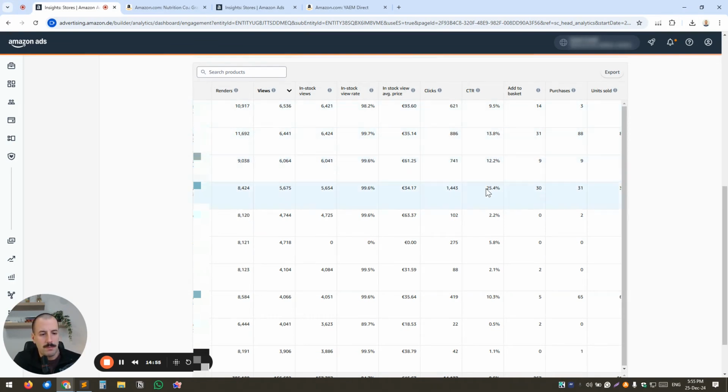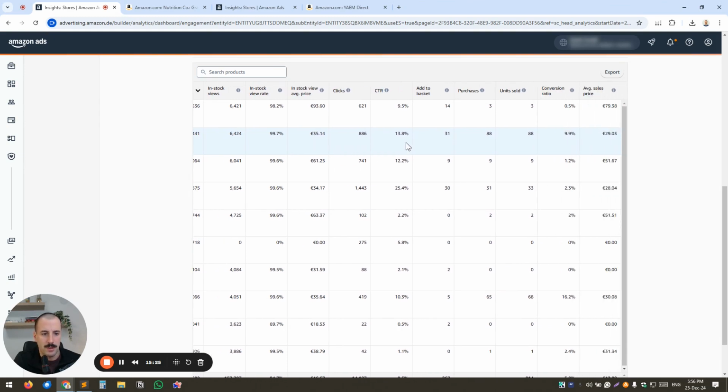Then you have various additional metrics per product, which I fully recommend that you go through. The first one is how many people saw your product when your product was in stock, and typically it's not recommended that you have products in your storefront that are out of stock. It just doesn't look right, and it looks a little bit sloppy, to say the least. And a good thing is that Amazon made this available as an export, so you can easily analyze the data through your pivot tables or upload it to ChatGPT and ask for